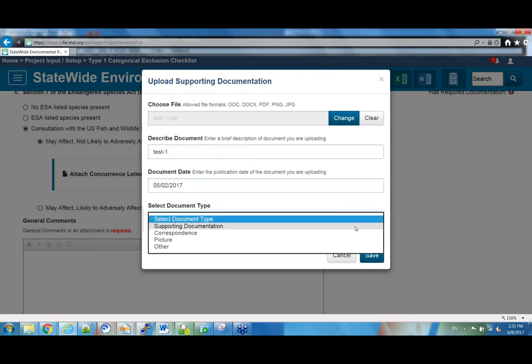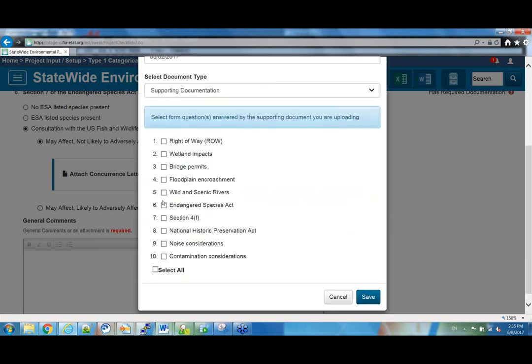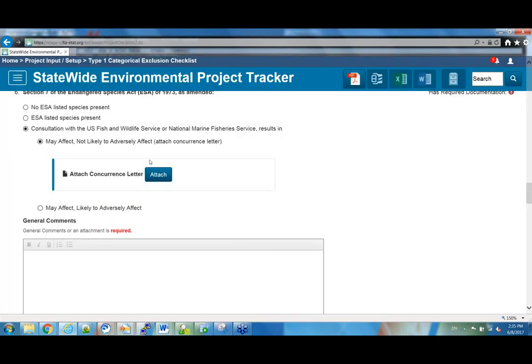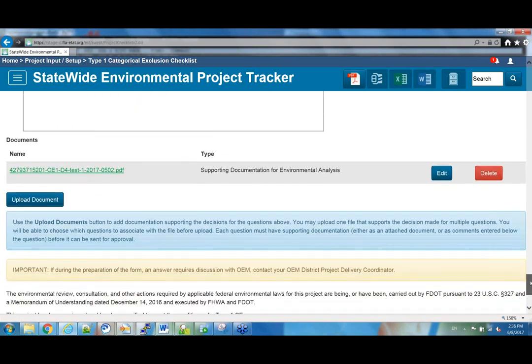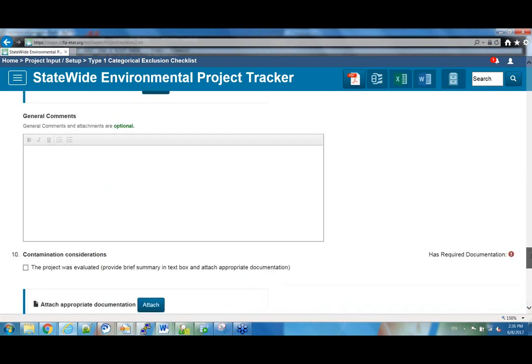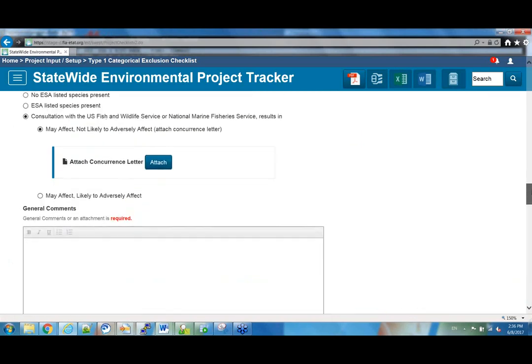At this time, for this demo, I do have to select which question this attachment applies to, but we are going to be implementing an enhancement so that it will automatically select the appropriate question, as well as display the link and edit and delete buttons in line. Currently, this attachment, if you needed to edit or delete it, is at the bottom of the form in the documents listing. I believe by next week we will have it appearing in line to make that a little simpler